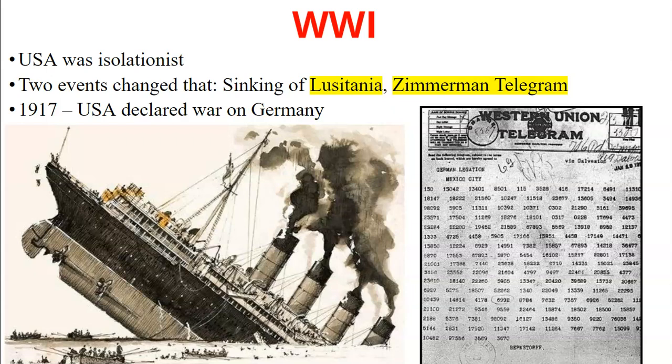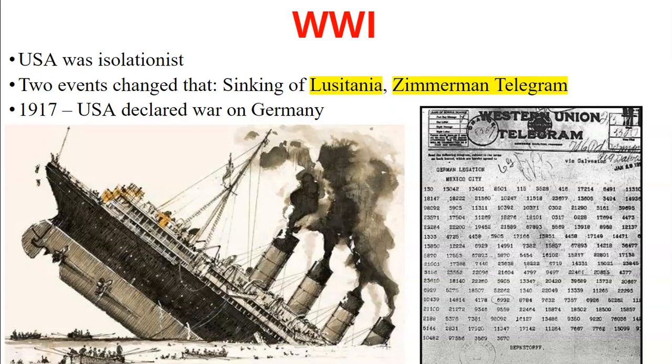So Germany sends a secret diplomatic communication to Mexico that essentially says, hey, why don't you guys attack the United States for that land? Remember, they took all that land from you? You need to go back and get it back. And what will happen is when we start doing better, we will help you. We will come back over there. We will help you get all that land back.